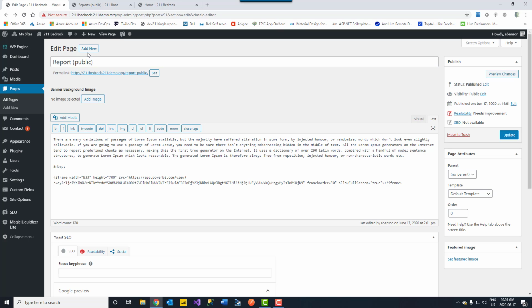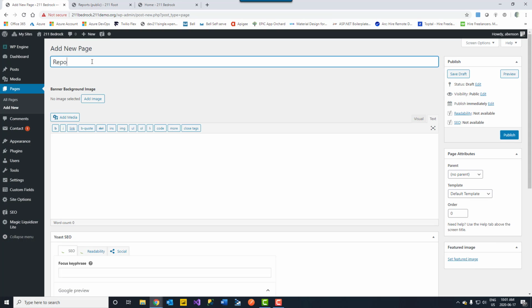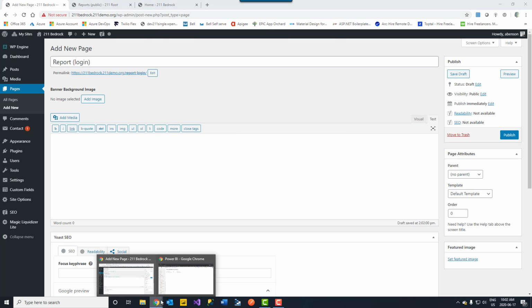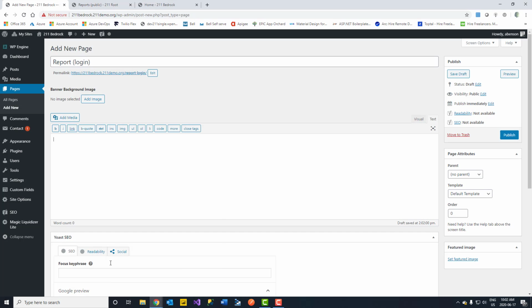So let's go ahead and we'll create a new page here, and we'll call this one report login. Go ahead and we will again paste that. Well, we won't paste the lorem ipsum text in this particular example, but we'll go ahead now and we will navigate back to the